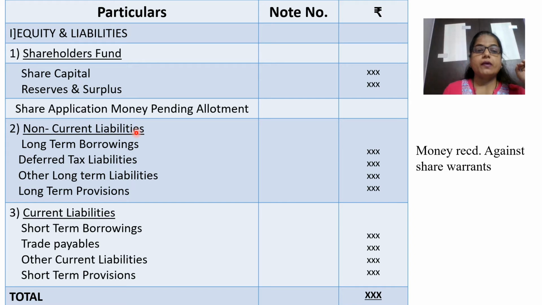So moving to the next part, that is the liabilities. Liabilities are divided into two parts, non-current liability and the current liability. First we will see what is the non-current liability. Liability which is not current is non-current, correct? Non-current liability is the liability which is to be repayable over a longer period of time as compared to the current liability. Normally the liabilities that are to be repayable over a period of more than 1 or 3 years are normally classified as non-current liabilities. So non-current liability is nothing but the long-term liabilities, we could say.